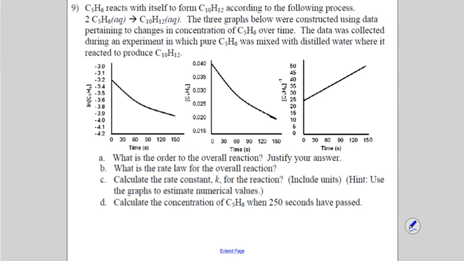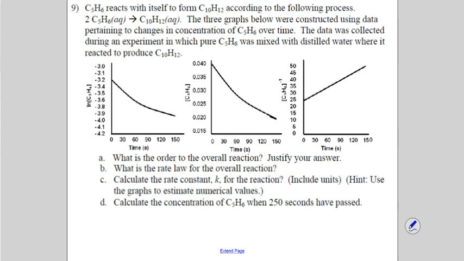Next example. So we have C5H6. This guy is reacting with itself to form C10H12 according to the process. It gives us the graphs of all of this. The data was collected during the experiment, so over time. So it wants to know what is the order of the overall reaction, what is the rate law for the overall reaction, calculate the rate constant K for the reaction with units, and then